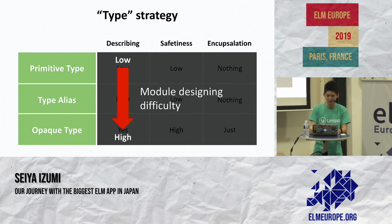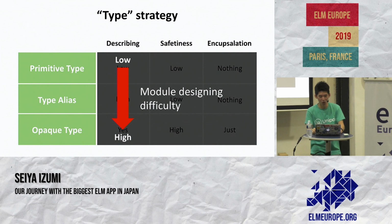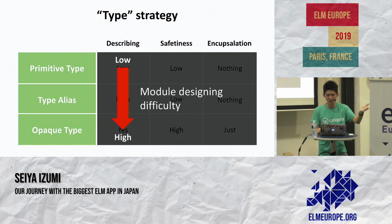Does that really make sense? It's not always like making a new method, an unlock method, for your opaque type. And simply making getter and setter methods is also a bad practice. The importance of opaque type is not to expose the public internal data structure or domain-specific manipulation. It only depends on the situation. Not all opaque types look the same. It's better to think about what kind of methods this type should have, what kind of methods that type should have. Is an unlock method really necessary or not? Making opaque types exactly